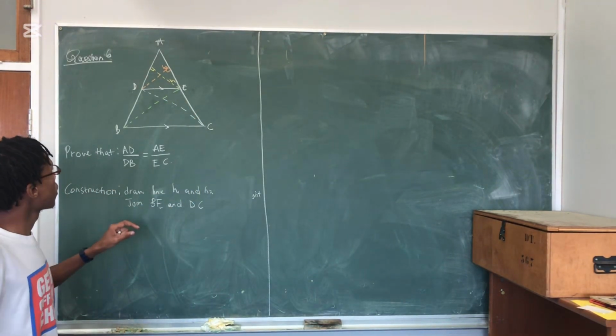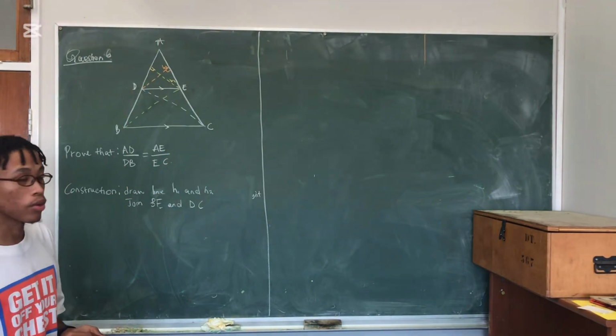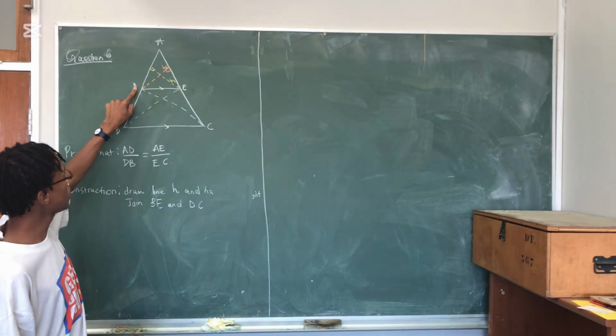So within the quadrilateral BDEC, we have two triangles that we're going to look at: triangle BED as well as